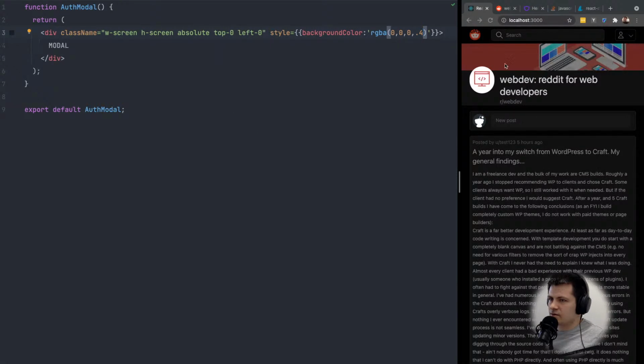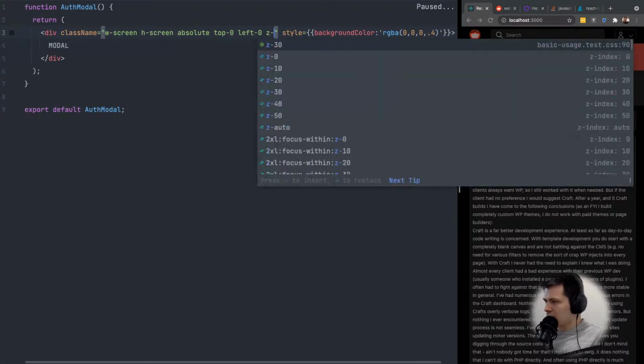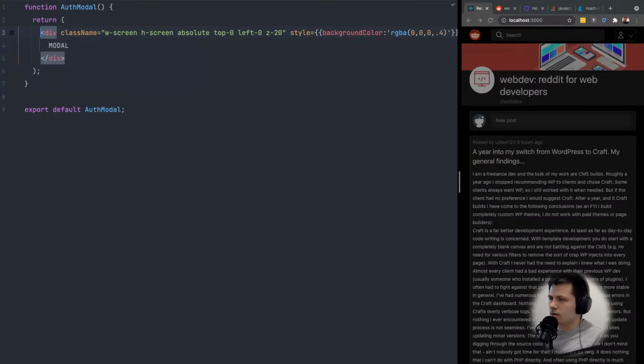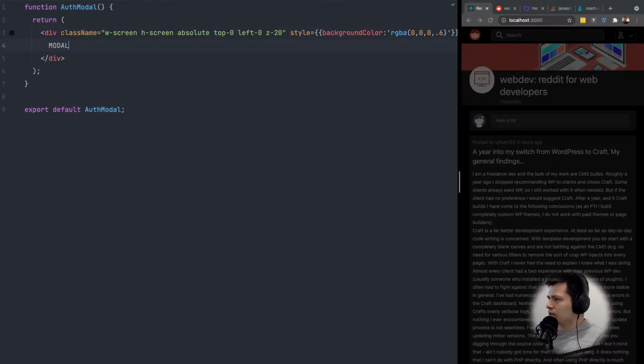Yeah, now we have this shadow on almost everything, but here let's also add the z index of 20. Yes. Let's make a bigger, more intense shadow, 0.6. Yes. And now modal text needs to be inside another div